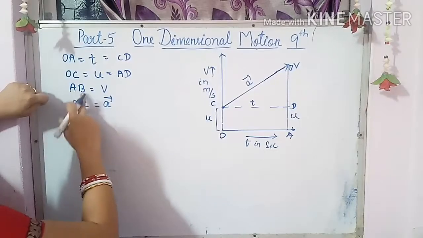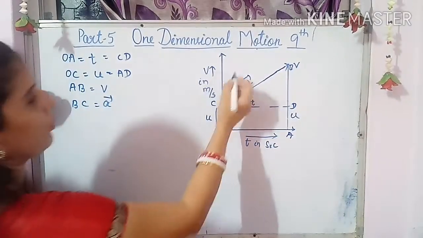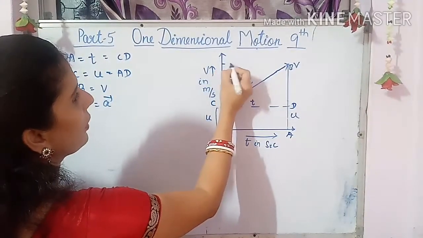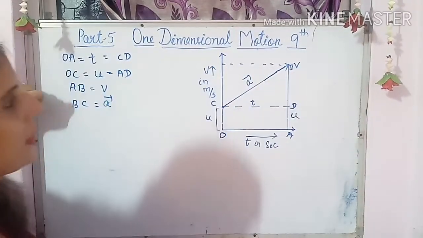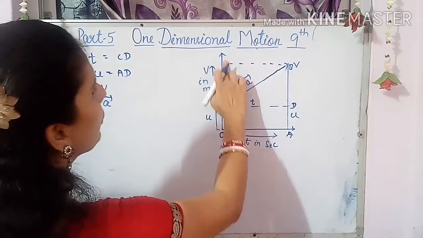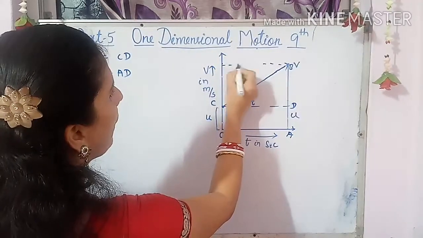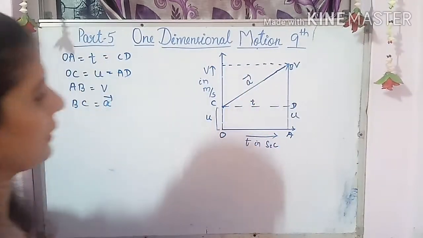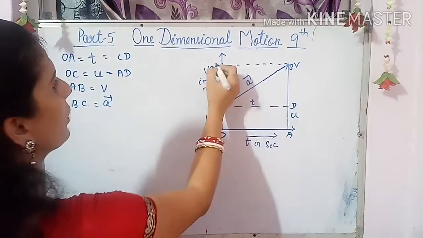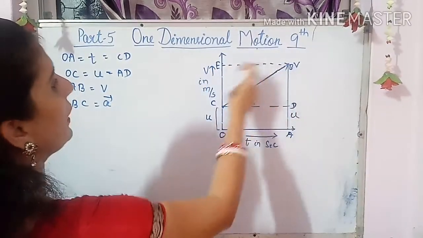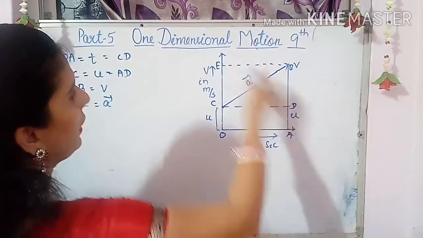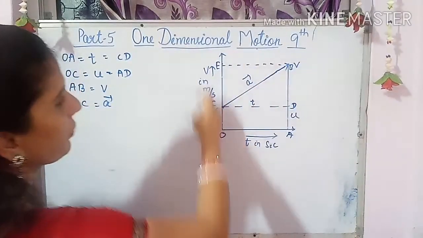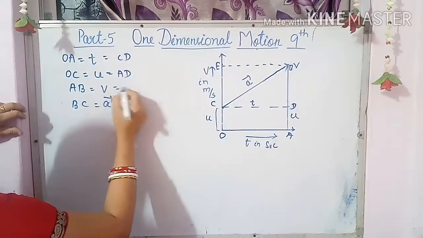Now here AB equals V. So suppose you put a dotted line here like this, and here also. Here you can put the name E also. Now OE equals V also. FB equals OE, because it is a square. So you can write here also OE.